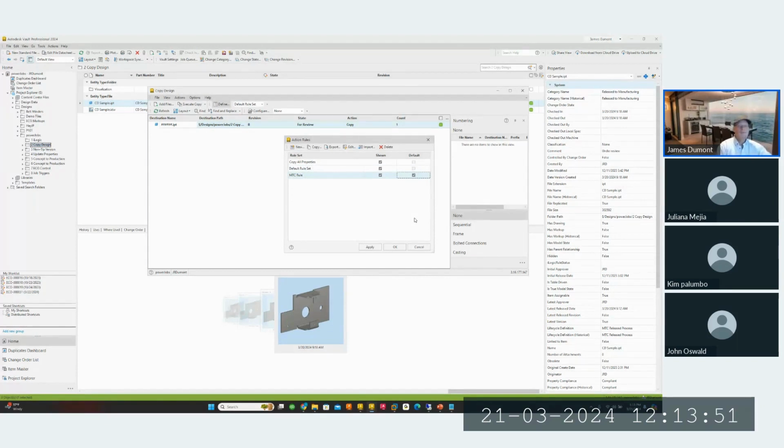And the other thing that's really nice, starting with 2021 Vault Professional, these rules, if I create and save them, can be used by anyone in the system. They're no longer saved to my computer and my local settings. So these are global settings. I'll hit apply to that. Now if I execute the copy,